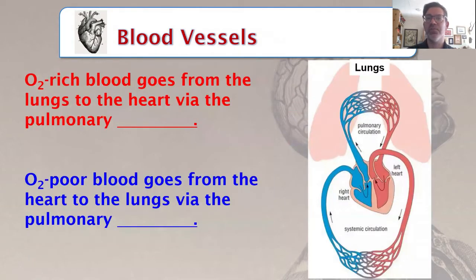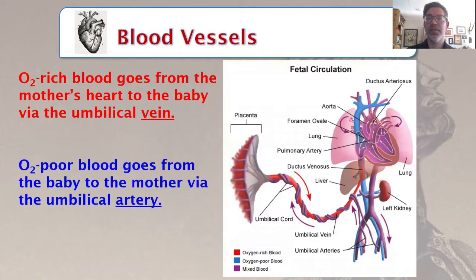Students often get confused by certain blood vessels because, once again, the names are based on whether blood is entering or exiting the heart. For example, fill in the blanks here for the names of the vessels that go from the heart to the lungs and back. Another example of veins that are oxygenated are the umbilical veins that send oxygen to the baby. So just make sure you don't associate all arteries with oxygen and all veins with a lack of oxygen.